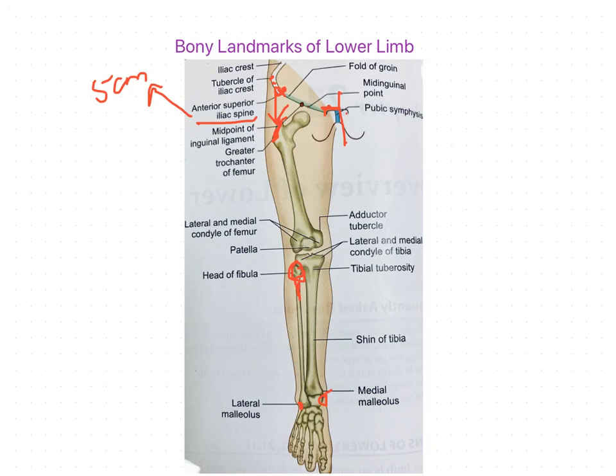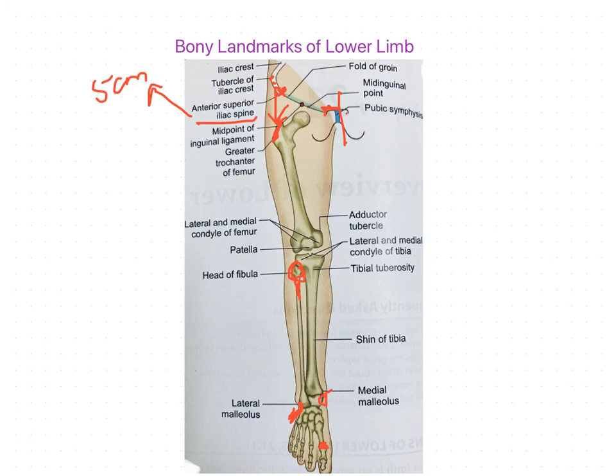And also another one is called the peroneal trochlea, which is a small prominence on the lateral aspect about 2 centimeters below the tip of the lateral malleolus. Below 2 centimeters of the lateral malleolus, we can palpate the peroneal trochlea. We can also palpate the head of the first metatarsal bone, which is a prominent landmark on the medial aspect of the distal foot.